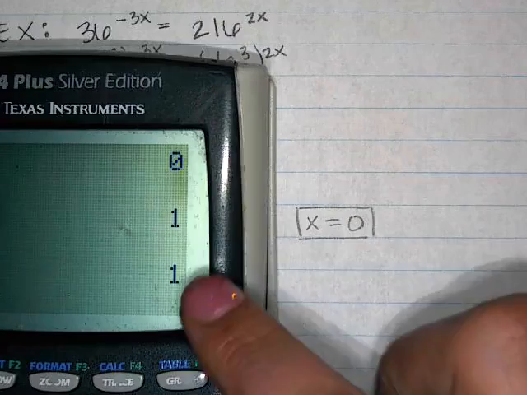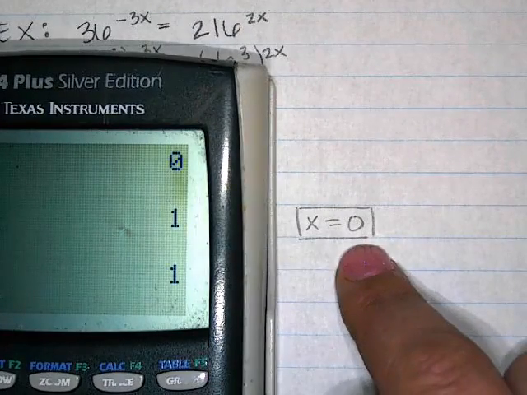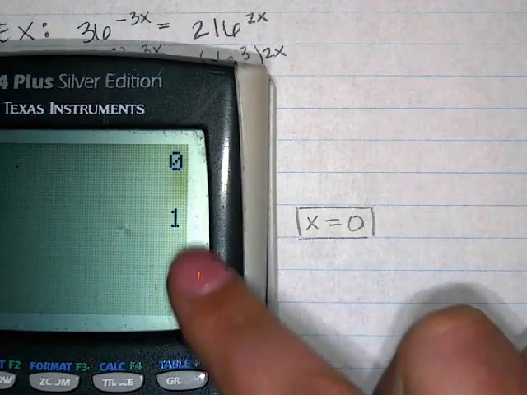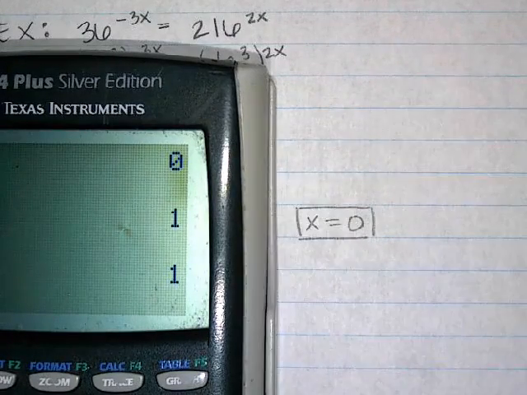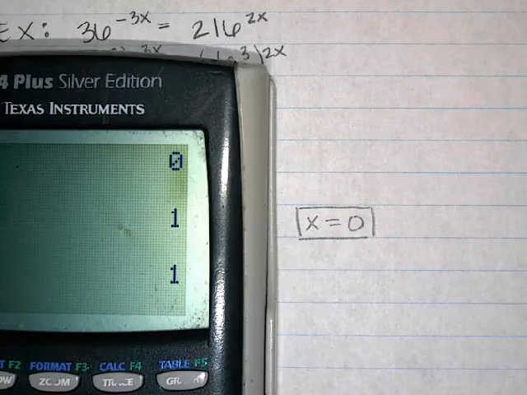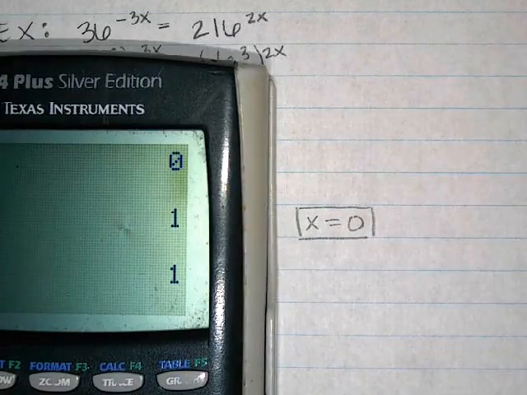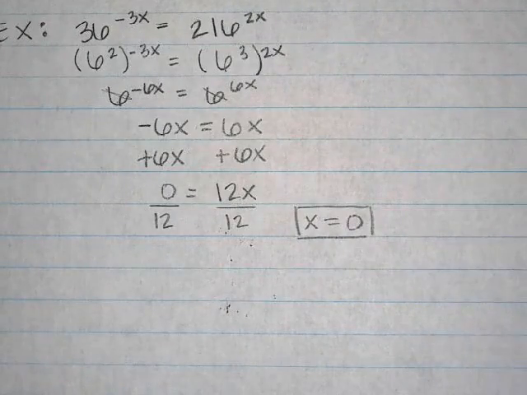Okay, so I plugged 0 in, I plugged it in on the left side, it equaled 1, I plugged it in on the right side, it equaled 1, and the left side and the right side equaled the same number. So that means I got the answer right. Okay, all right, let's do another example, and then we can check it